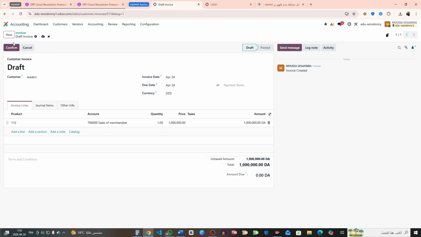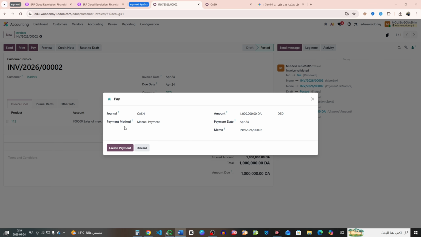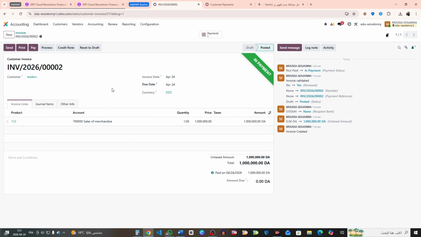Click confirm and pay, and we choose cash, and choose the payment method, manual payment, and the memo shows any notes or description you want, and click on create payment. So now we collected the amount from the customer, and now we want, for example, to give a